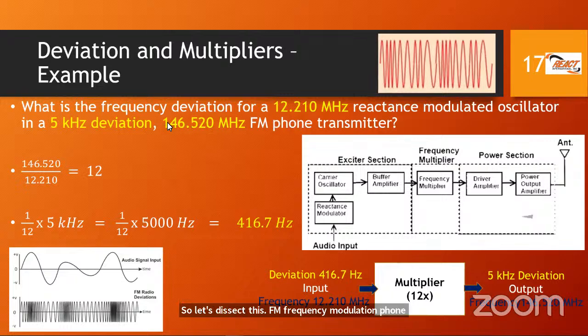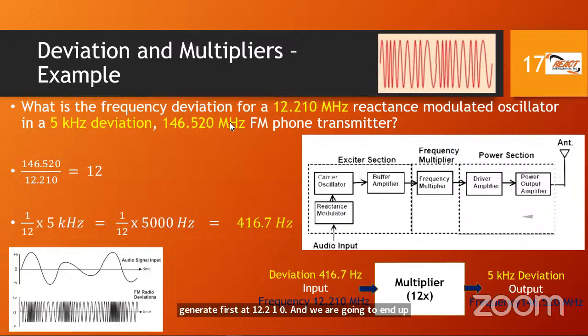So we want to end up with a 146.520 megahertz frequency, right? That's where we want to generate our transmit frequency on our radio. But the first stage is going to be 12.210 inside of the radio. But we also note here that this 146.520 megahertz frequency needs to be within 5 kilohertz deviation to be within the specification. So if we are going to generate first at 12.210, and we're going to end up with a